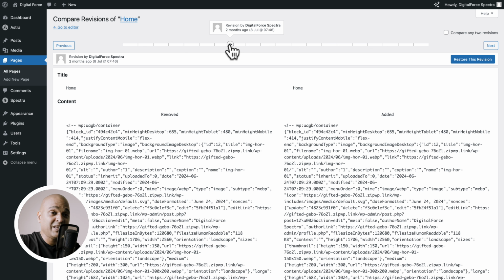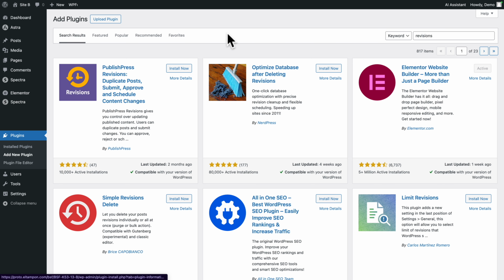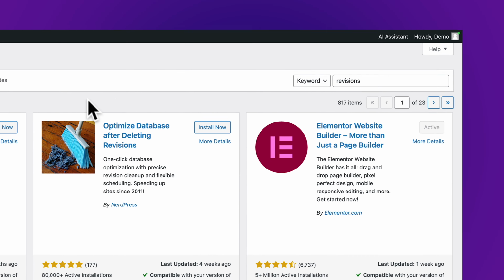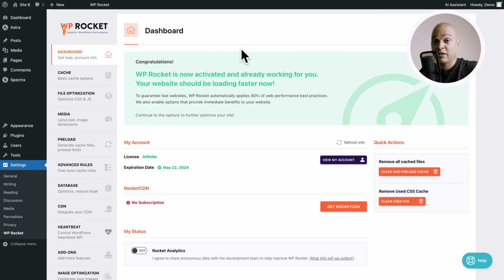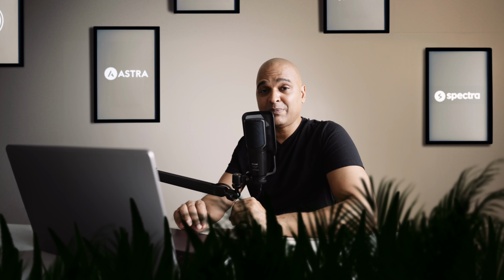Now that's great, but the issue is after a while, especially if you work on a bigger website or on a bigger project, your database might get bloated and that's going to impact the performance of your website. So to solve that, you can add a plugin. If you go to plugins, add new plugin and type revisions, you'll find a few of these plugins. But if you're using WP Rocket, which is a caching plugin that will speed up your website dramatically,